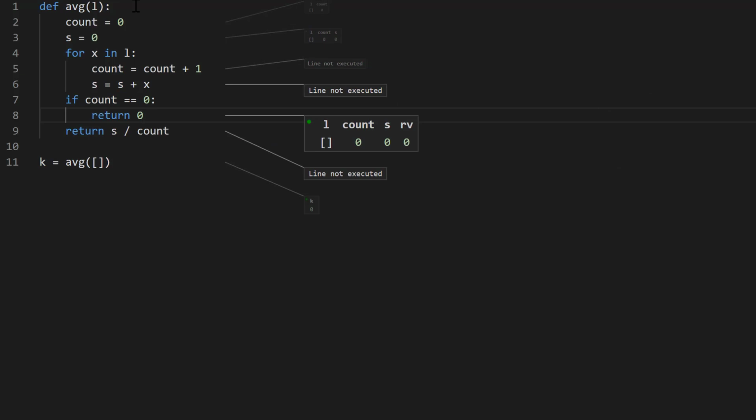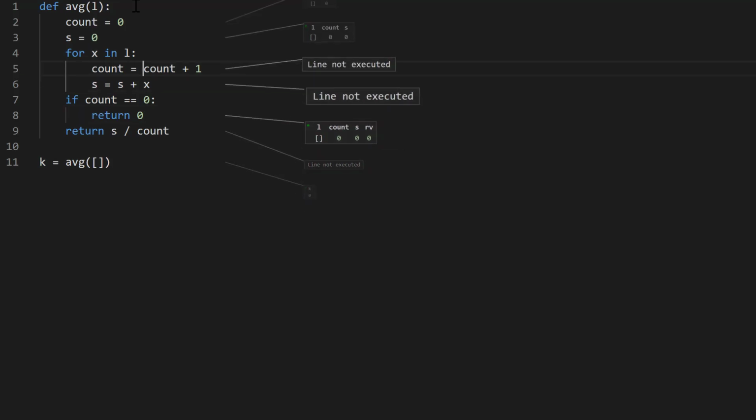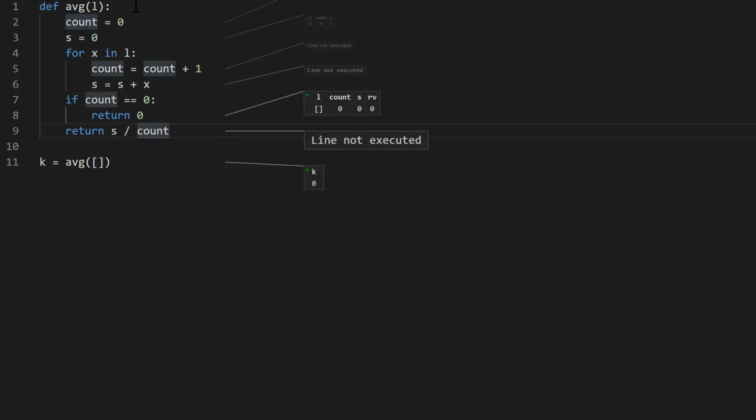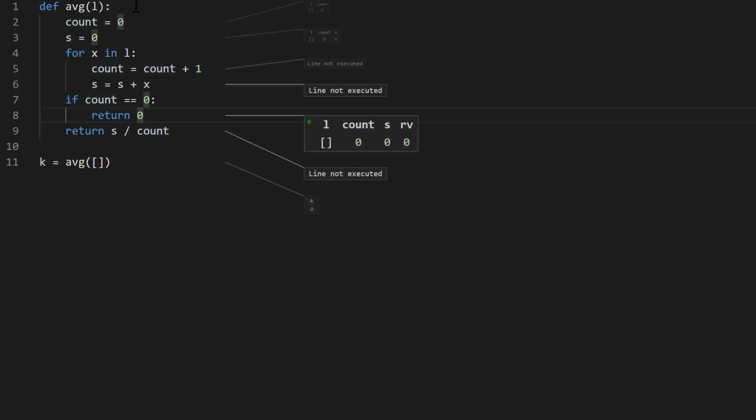And so now what happens is over here, you can see that the projection box tells me that the return value is 0. And then all the other statements, you can see the statements in the loop here are not executed because in this case, the list L is empty. And this last return statement is also not executed because the function returns on line 8 here with